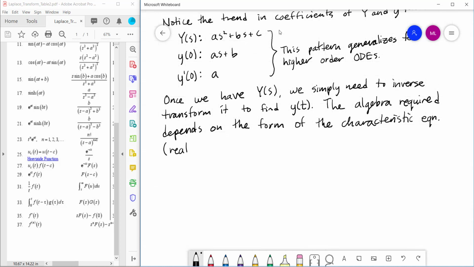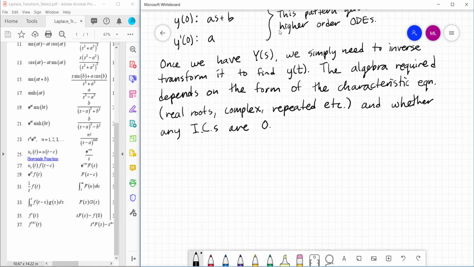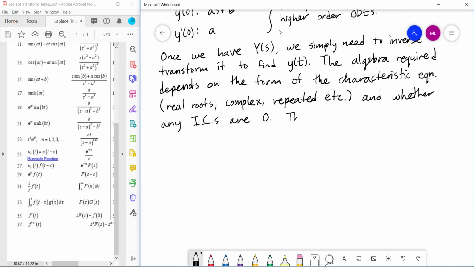is real roots or complex or repeated, etc. And again, whether any initial conditions are 0. If they're 0, it makes our life a lot easier. The process basically will then boil down to 2 steps, but they're hard steps. So the process becomes essentially